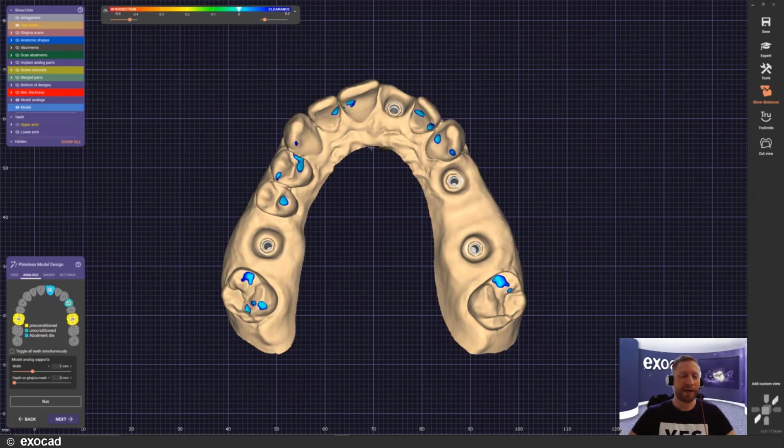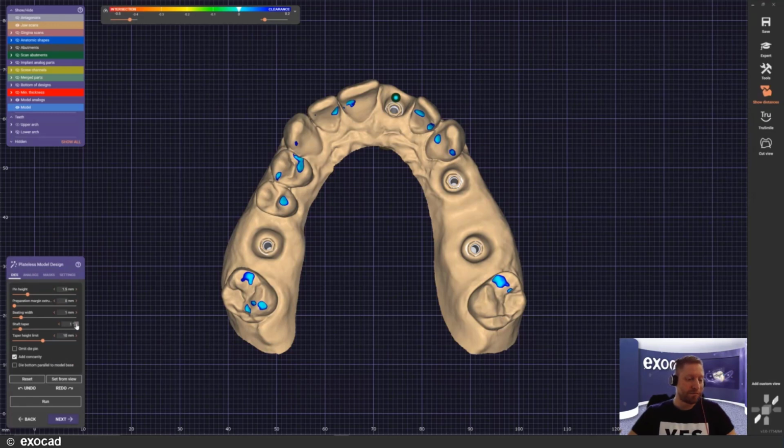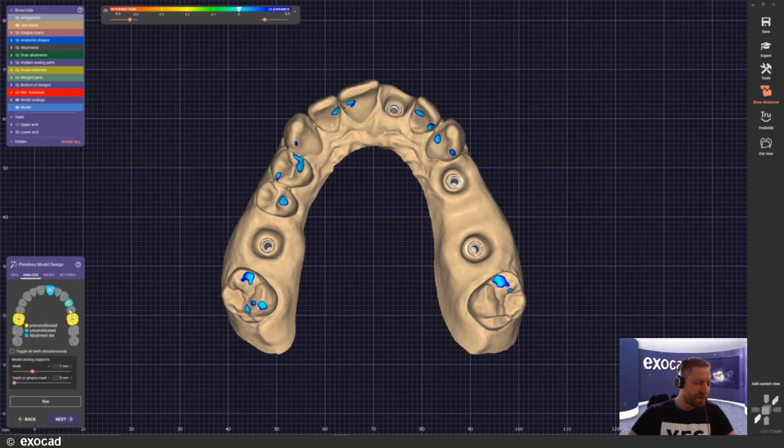So my analogs here are fine. I have different setups available, and now you will see what I mentioned before. I just switched 21 to an abutment die, and here I get the step available again for the dies. So I can also choose my shaft taper as I want to. I can choose any kind of setting that I want for my die per se. So with that, I'm fine. I'm just choosing the tapering again, switching over to the analogs and taking a swift look. Everything looks all right for me.